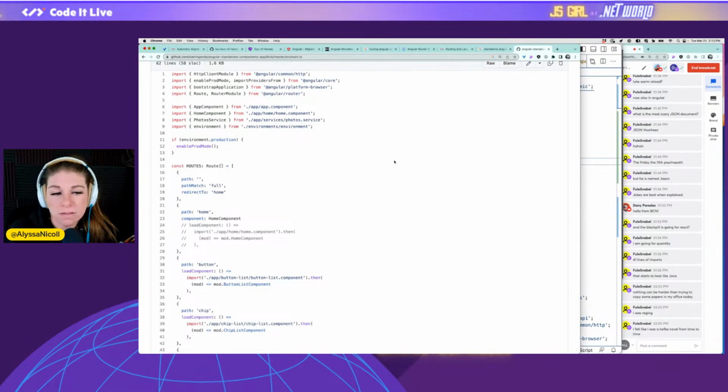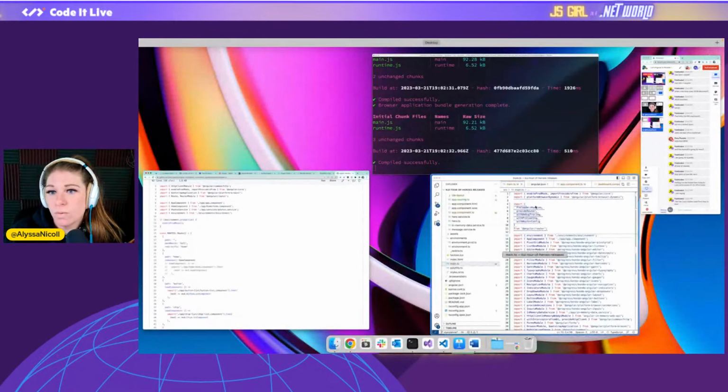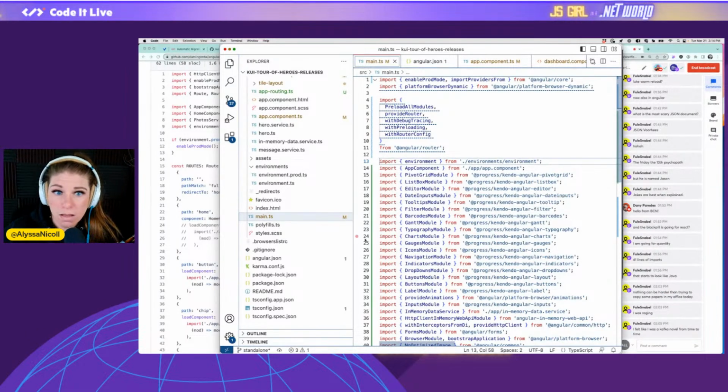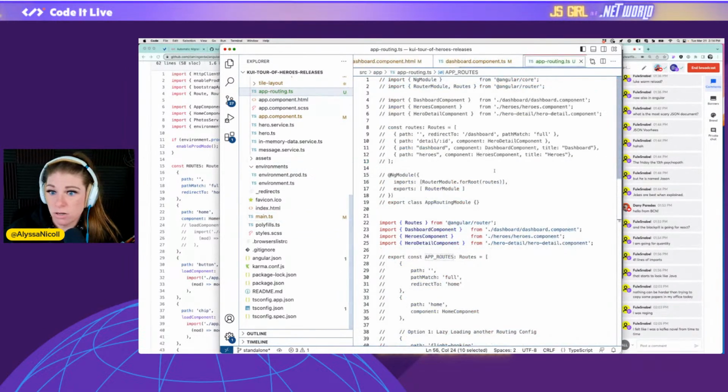I don't know why the migration didn't take routes into consideration, or maybe it did, or maybe my routes were just so janky it couldn't do it. I don't know. So my routes here